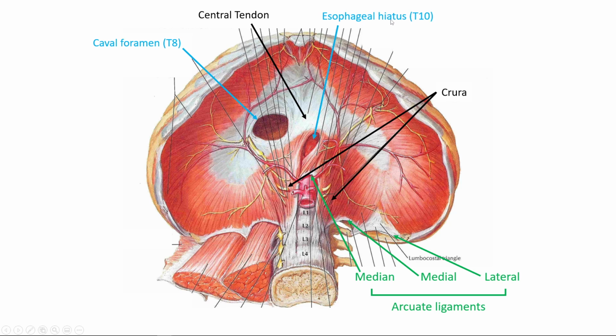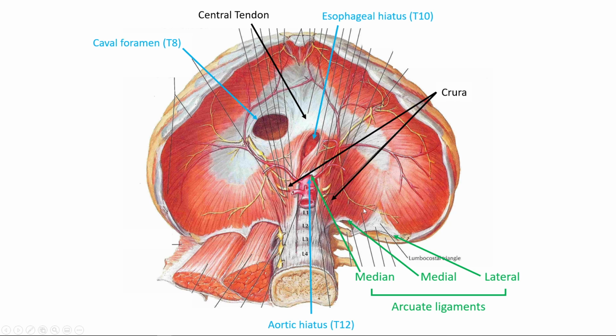Next, we have the esophageal hiatus at T10. These vertebral levels are important to remember for these hiatuses, so remember those. The esophageal hiatus is, of course, where the esophagus enters the abdominal cavity, and the vagus nerve courses through the esophageal hiatus as well. And lastly, we have the aortic hiatus, which contains the aorta and the thoracic duct and